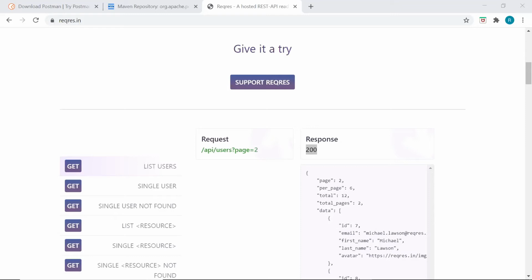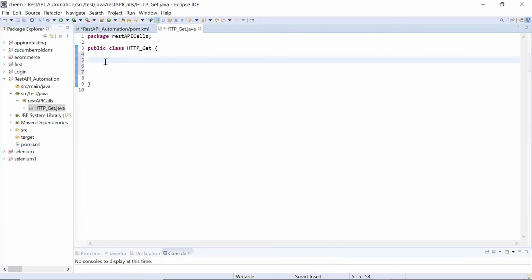So we'll go to our Eclipse IDE. First thing is, because this is testng, I'm going to make a method. I'll write void, let's say HTTP get. I'm just naming anything, guys. This is my method name. And after this, here you will start writing your code. So I'm going to let you know how we start step by step.